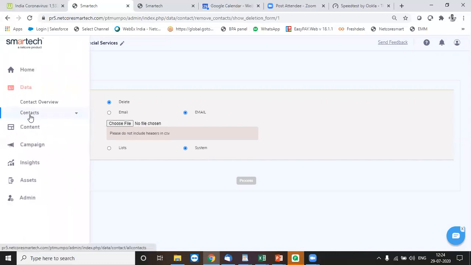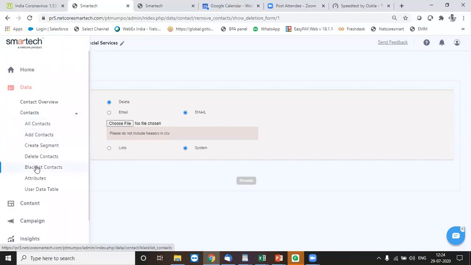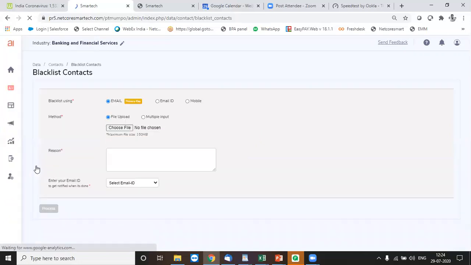In the same way, if you want to blacklist the data, go to blacklist. Either you want to blacklist by using primary key information, email or mobile, select that option over here. Since my primary key and email are both email only, I select, let's say, primary key. In this case, if I blacklist using primary key, then I would not be able to send the customer even an SMS or an email.